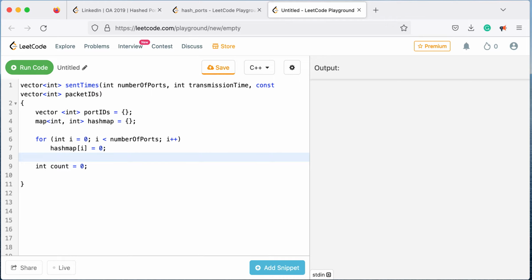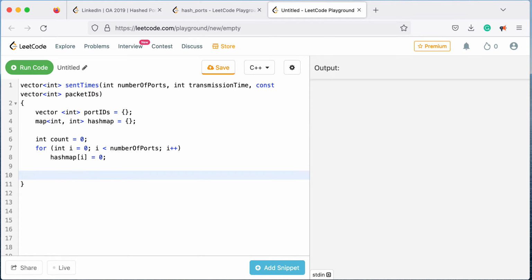Now you see we need this count eventually, so maybe we should put it before. Okay, let's put it here. And now we'll start our main loop. So what is the catch here? For each packet we can use a little bit of new C++ style. For const auto reference packet ID in packetIDs,